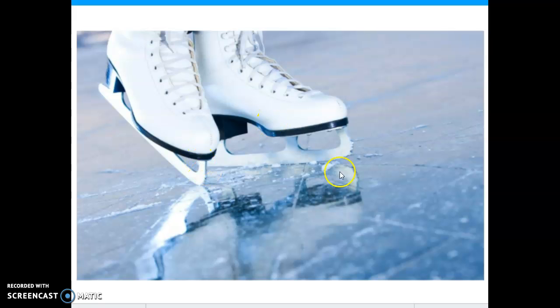Here's an example of friction, ice skates and ice, and this is an example of very little friction. Now, even if this person were to push off on the ice and start moving, if they did not put any more force on it, they would eventually come to a stop. Now, obviously, if that same person were on pavement, they could push with the same amount of force, and they're not going to move hardly at all because there's too much friction between the skate and the pavement. There's very little friction between the skate and the ice. So it depends on the two surfaces that are rubbing against each other